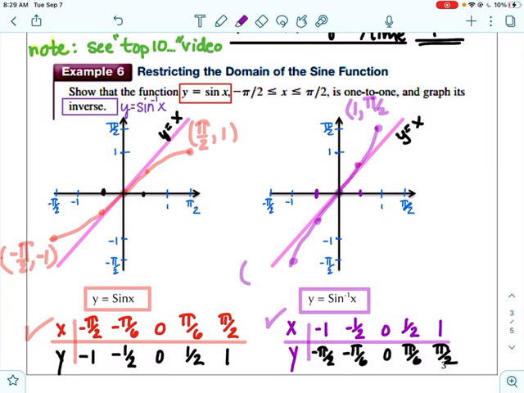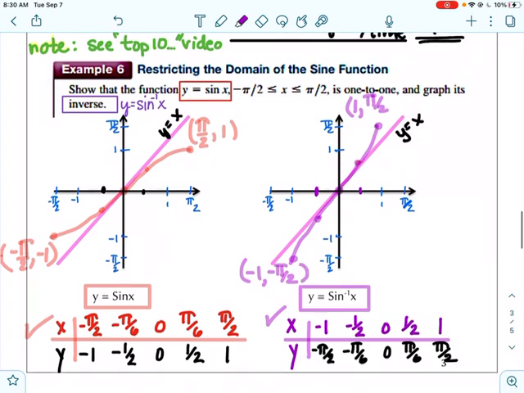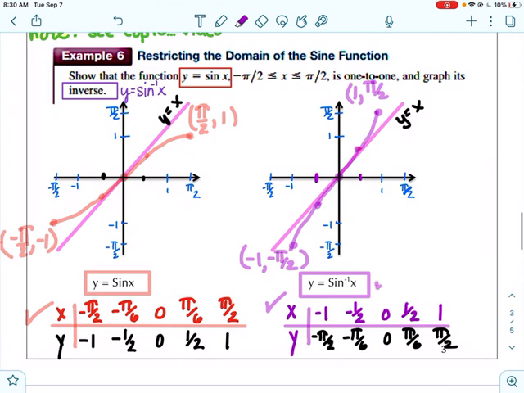Okay, and then down here, I have -1 is the x value and negative pi over 2. So really just a switching of the x and y's. Okay, so I'll let you look at that again. Play around with your graphing calculator and go for these functions on the graphing calculator and see if you can